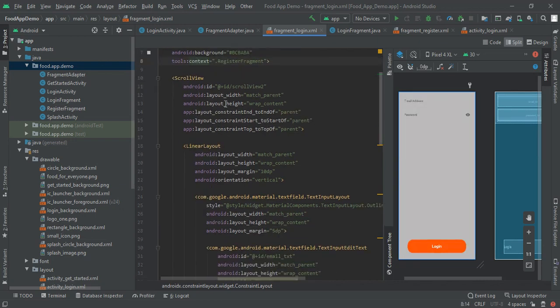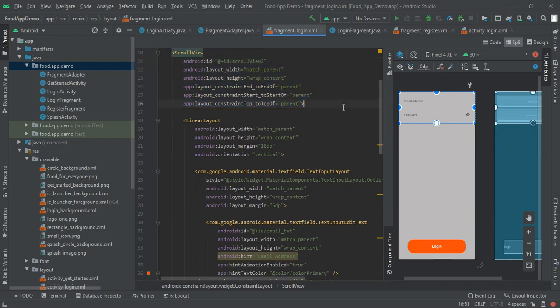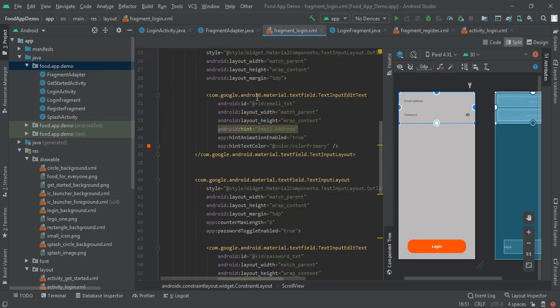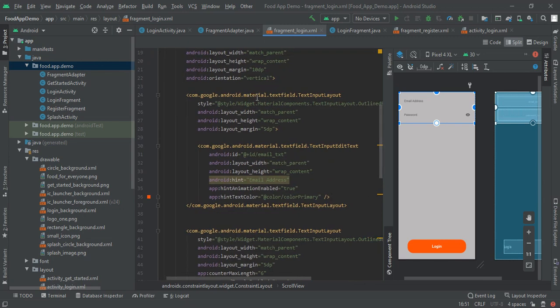Now in here scroll view we had made one scroll view so that by chance our linear layout doesn't cut out, and given a linear layout a margin, and we will use outline material design text view.